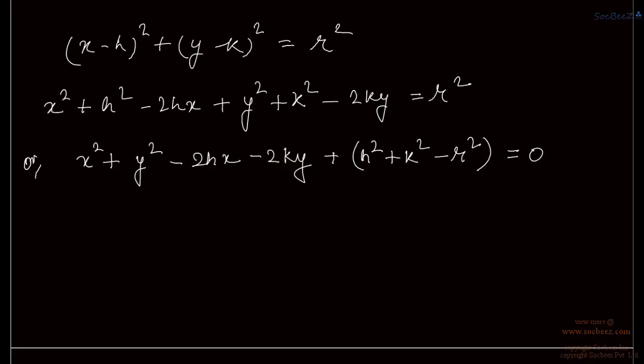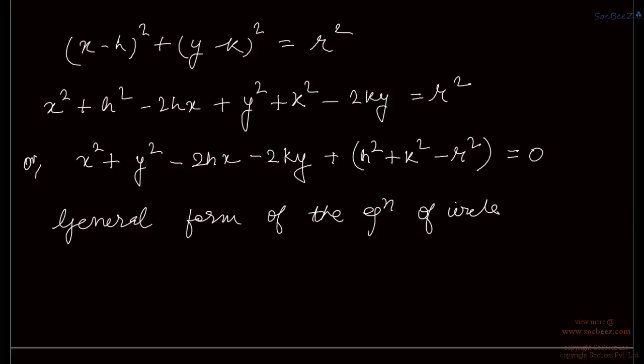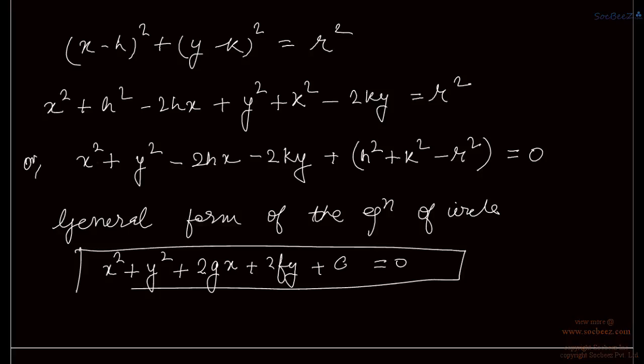So if we write general form for the equation of circle, we can write it as x square plus y square plus 2gx plus 2fy plus some constant c is equal to 0. Okay. So this is general form of the equation of circle, where the center is (minus g, minus f) if we compare from here, because here g is equal to minus h and f is equal to minus k. So center is (minus g, minus f), and radius is,